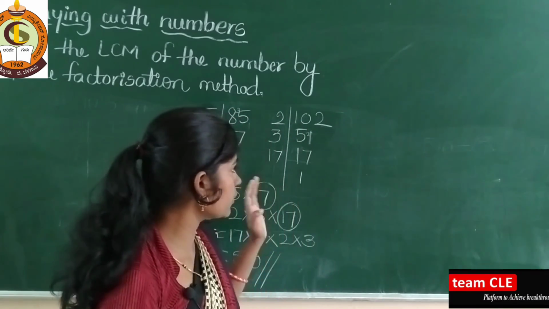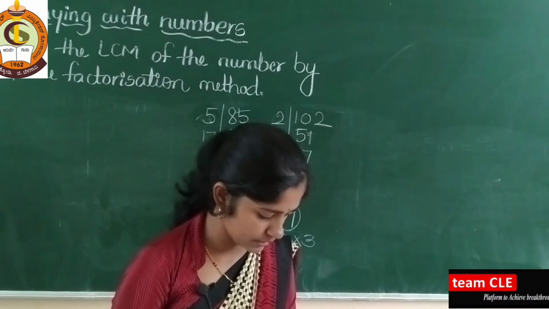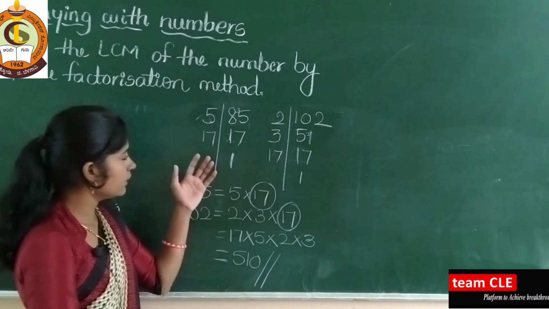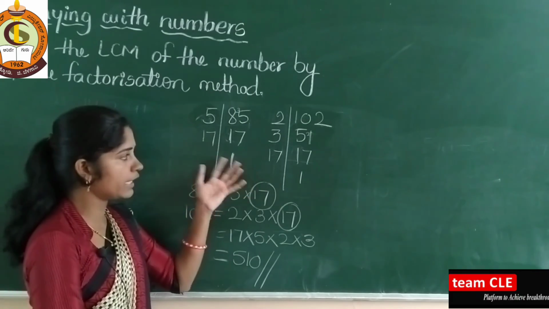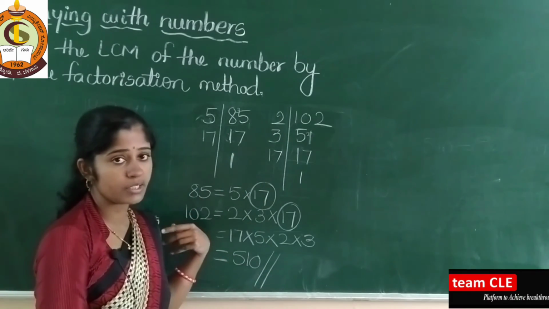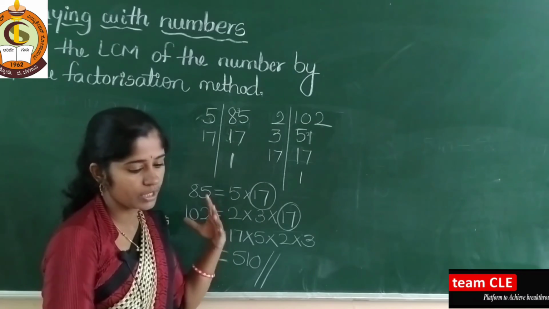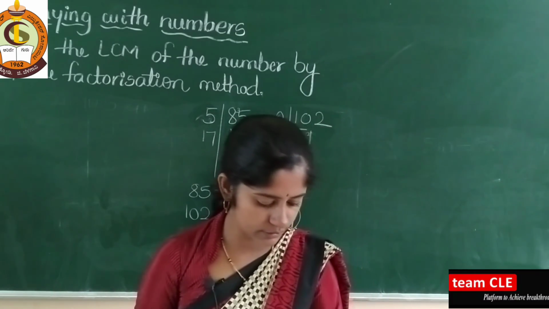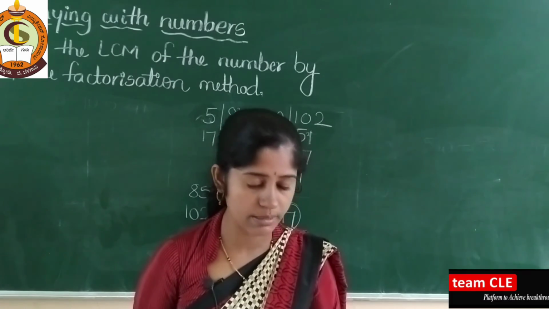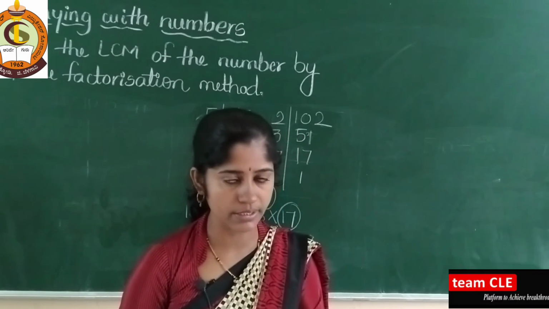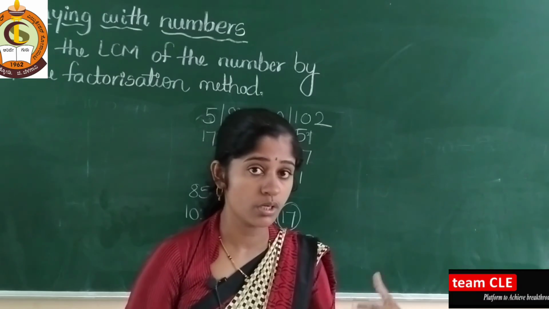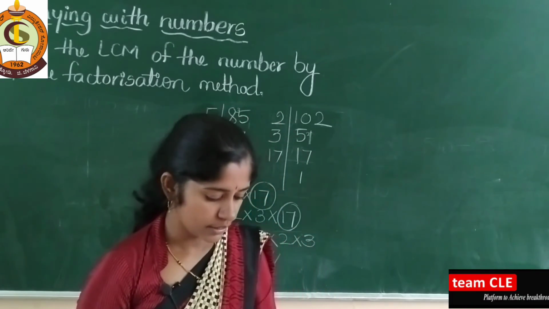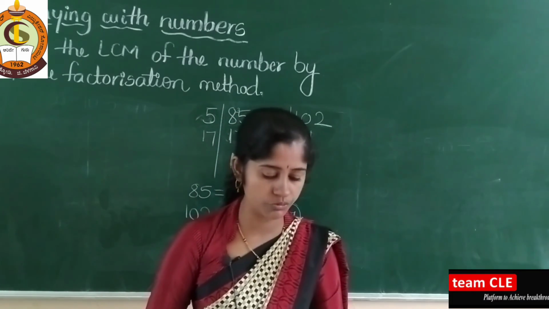Okay. So here I used only prime numbers. In the long division method, here I have divided the numbers separately, but there you need to divide the numbers together. So in the next class I will discuss how to find the LCM of the numbers by the division method. In the division method you can use prime numbers and also composite numbers. Yes, in the next class I will discuss the division method.